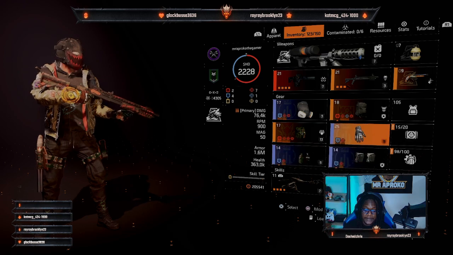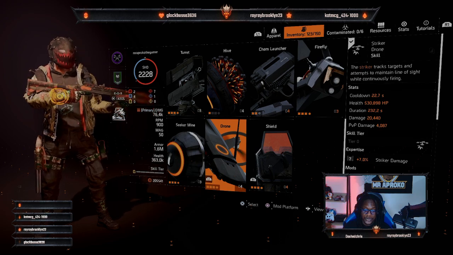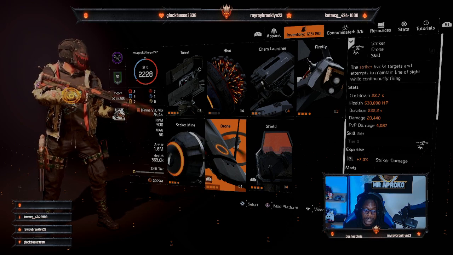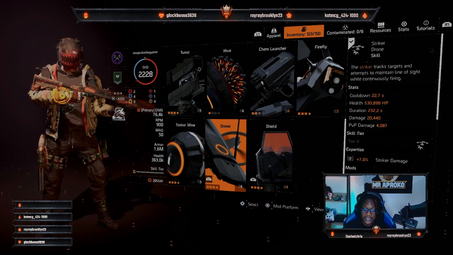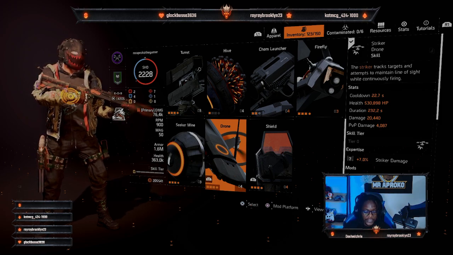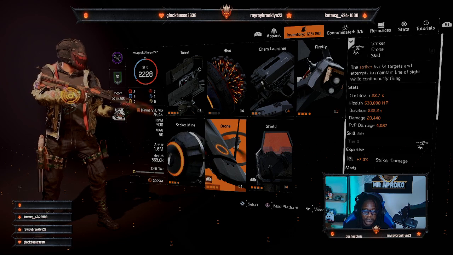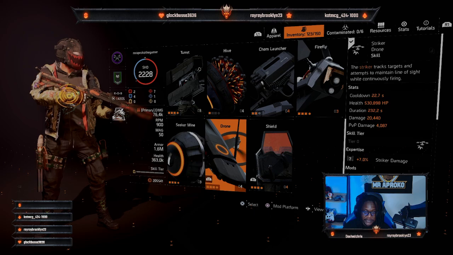I tried two drones on this build. I tried the Defender drone, but the Striker drone for this event really did work well because there were times where the Striker drone was just taking down the Guardians by itself. For some reason I was getting so much bonus armor from the kills. The Striker drone definitely came in handy for this build because it kept